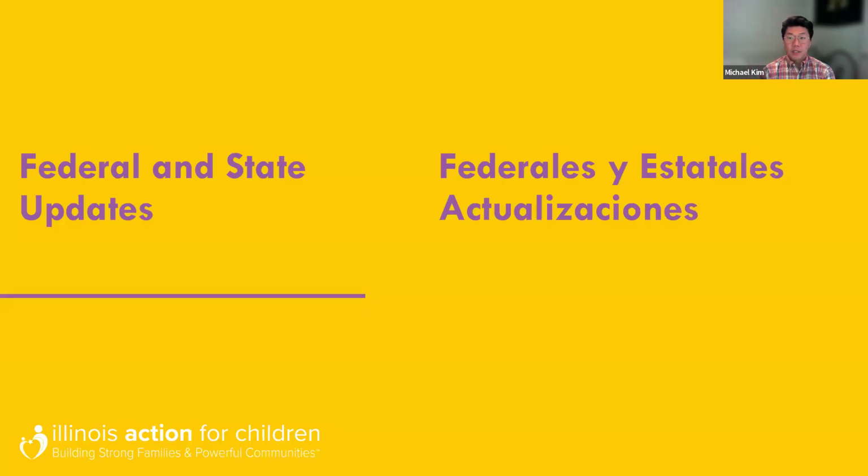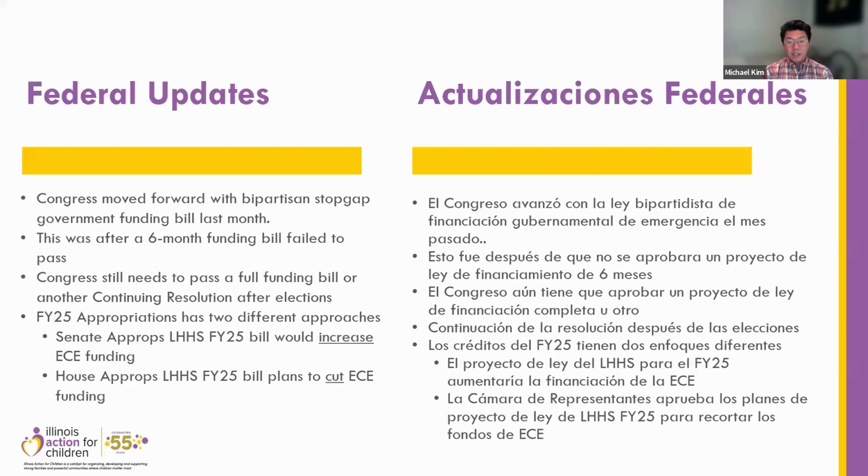With that, I am going to transition us into some federal and state updates that would be timely as we are going through some interesting parts of our country at the moment. As you know, back in September, Congress passed a stopgap bill to avoid a government shutdown, which will continue to run the government until November after the elections. When Congress comes back after the elections, they will have to either pass a full year budget for FY25 or pass another continuing resolution, or CR, to keep the government funded.